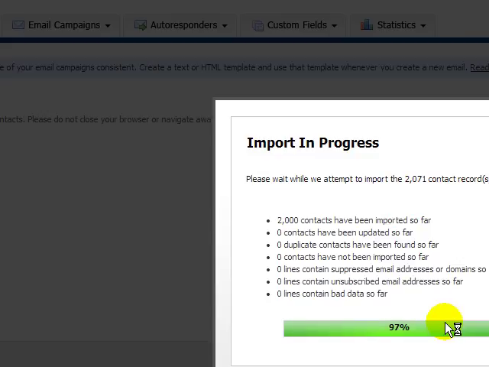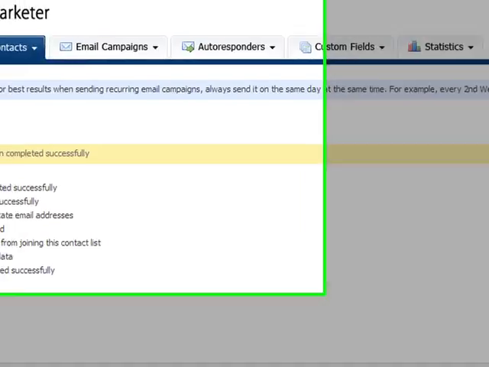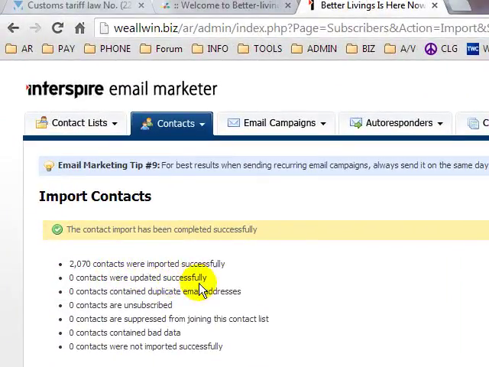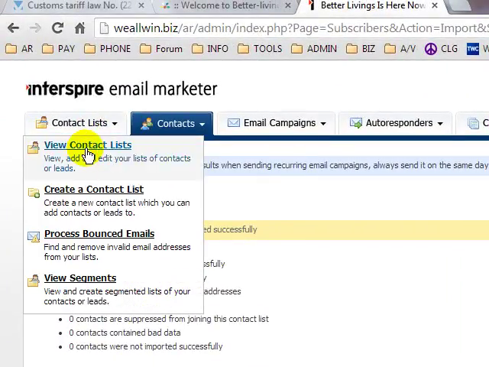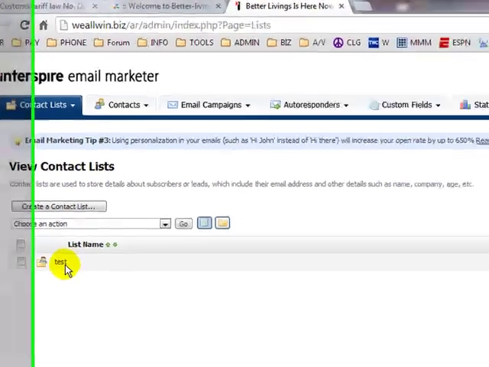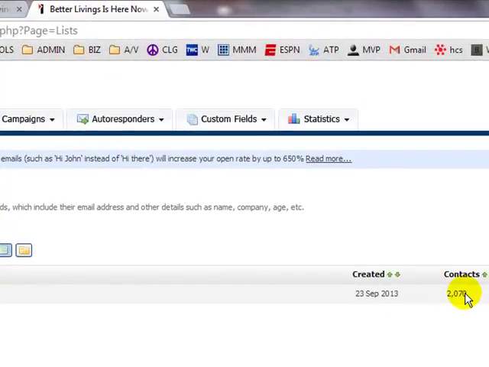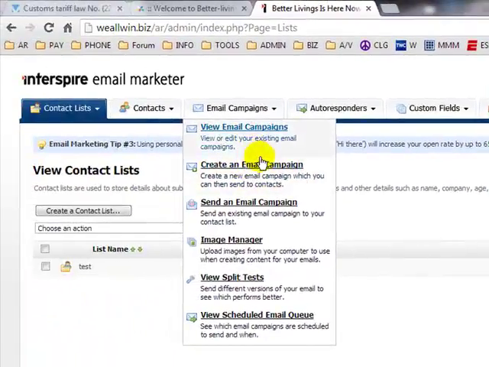And we are done. Just that fast. 2,070 contacts were imported. If you want to check, just go down here, click on View Contact List, and it'll say in the test account, which is the name that we gave it, there were 2,070. All right, so now that the contact list is imported, what we need to do next is create an email